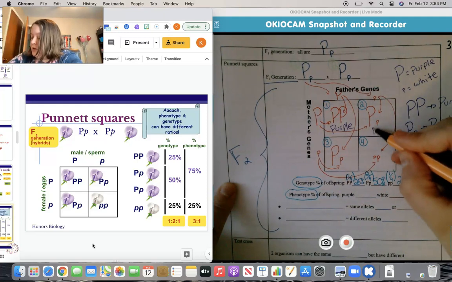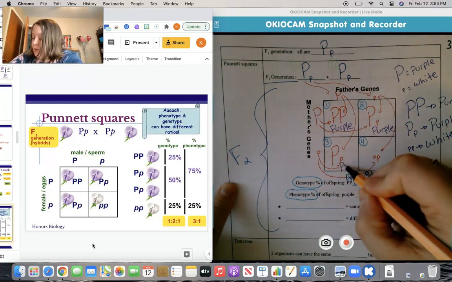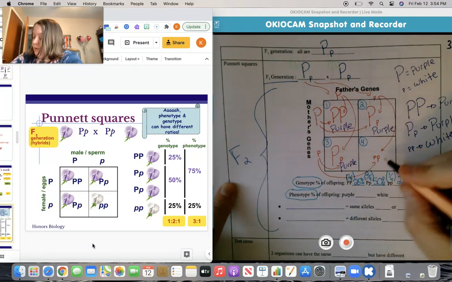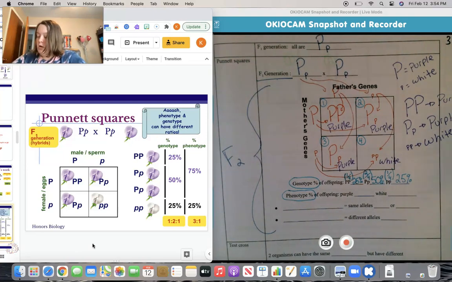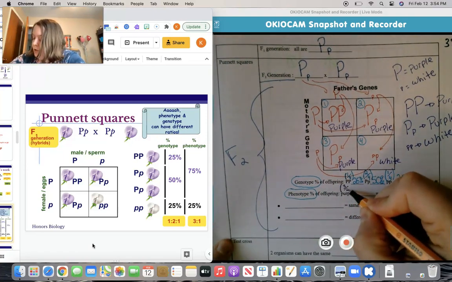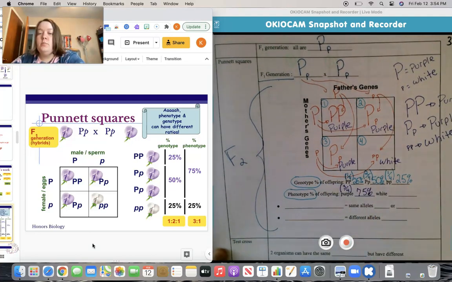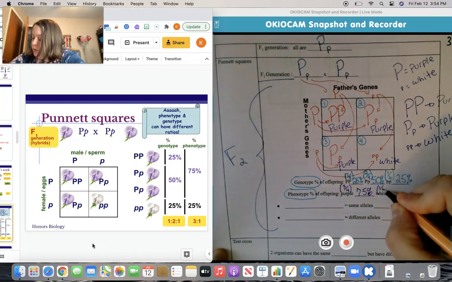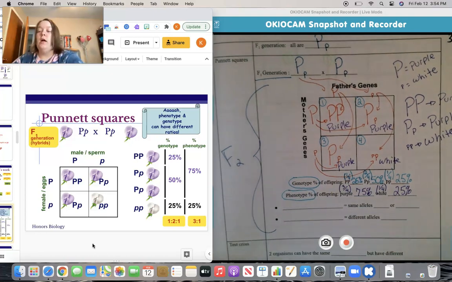Big P, little p is purple again. Big P, little p, purple. Little p is white. So figuring this out, how many purples? 3 of the 4 are purple. That's 75%. There's a 75% chance these offspring are going to have purple flowers. Only 1 out of the 4 has white flowers, so there's a 25% chance that the offspring will have white